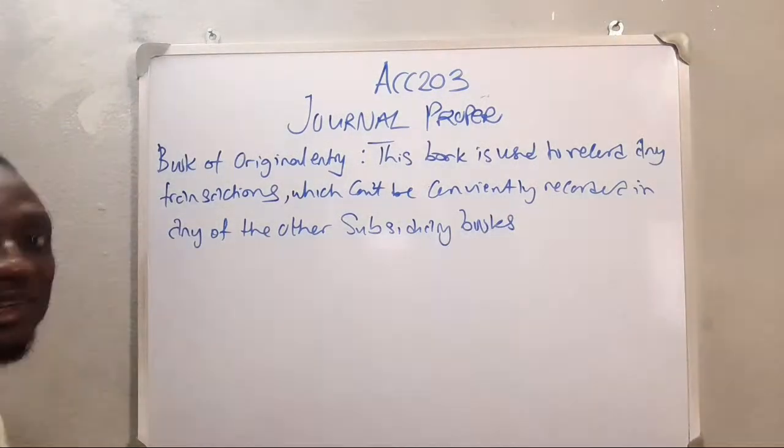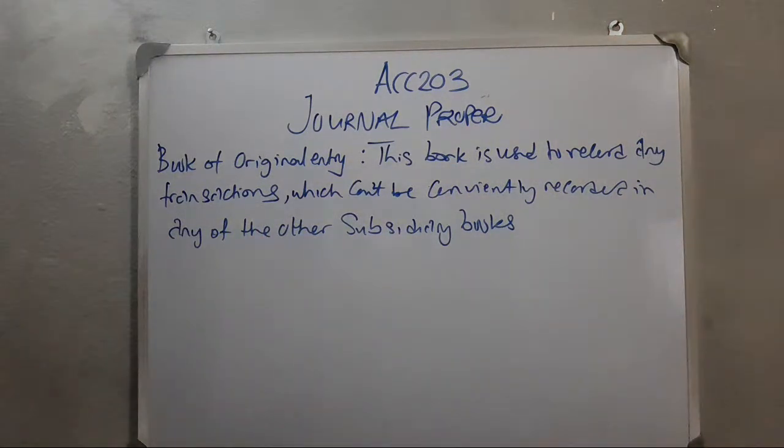In any of the subsidiary books, so it goes straight into the journal. Now we have the sales day book, purchase day book, return inward day book, return outward day book, cash book, two column cash book, three column cash book, and petty cash book as examples